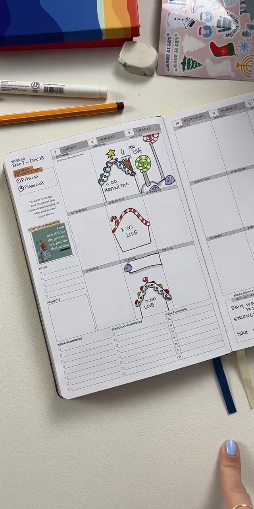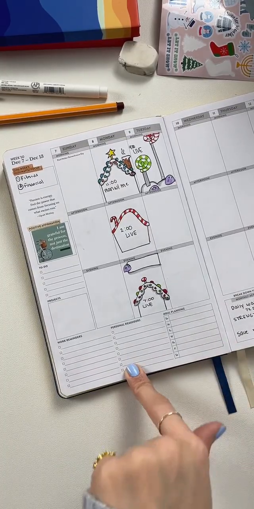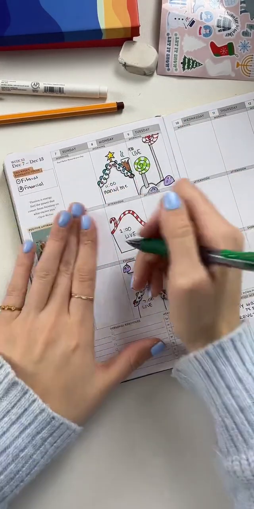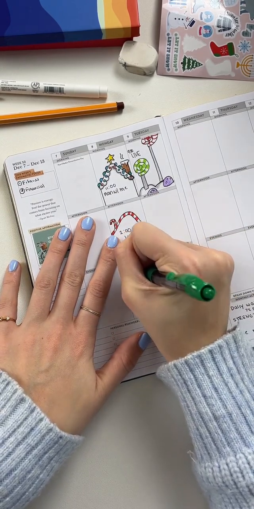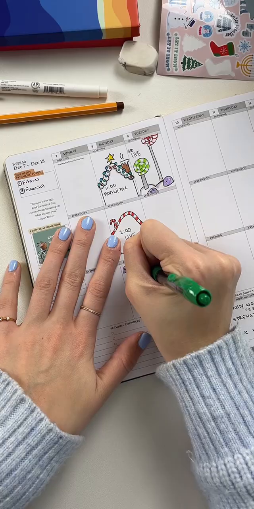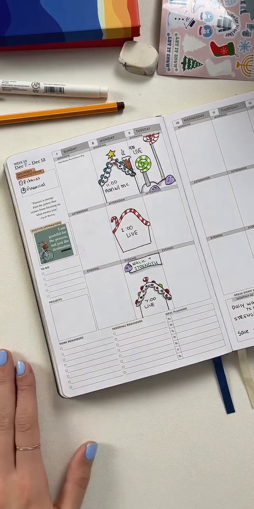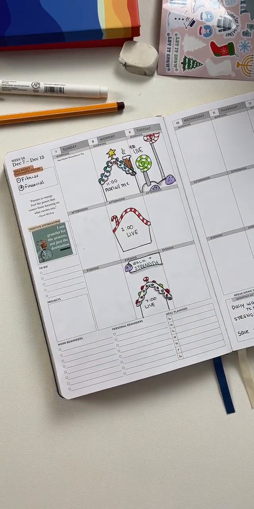I know it's just like a black pen for those, but I don't really want this one to just be black pen. So I'm actually just going to take a green pen. Perfect. And then we're going to keep doing that for our weekly action items to make sure that we're getting them done.